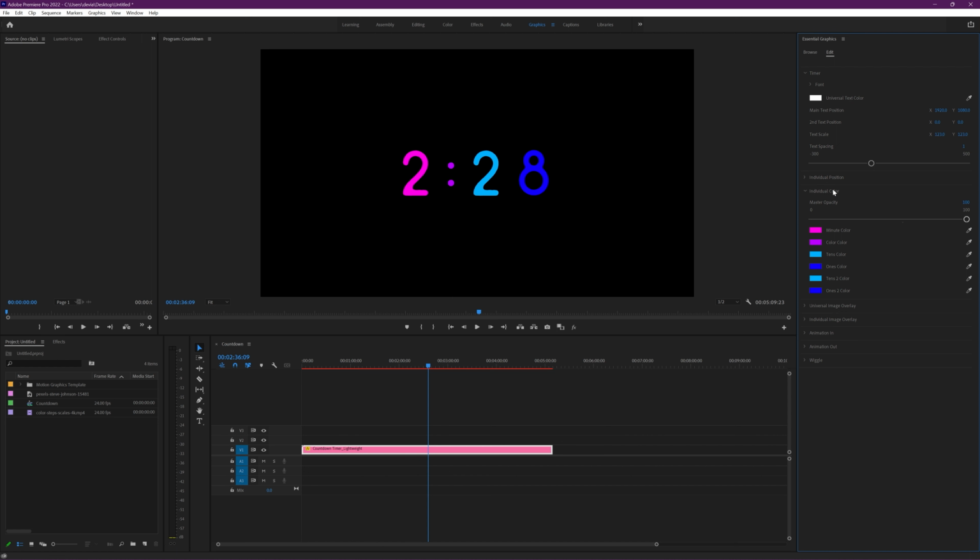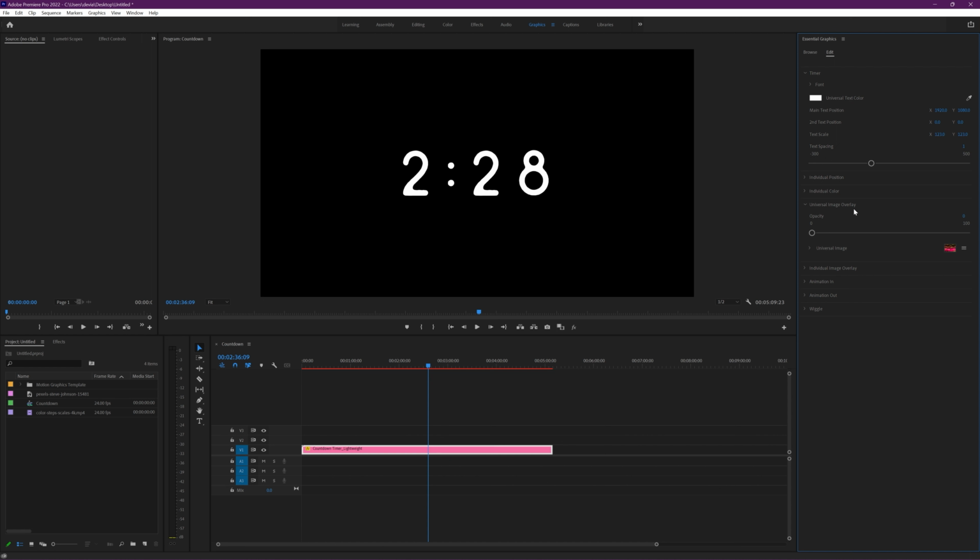As I briefly mentioned, this individual color will override any other universal text color or any of these image overlays that are available if you have it at 100%. But if you have it anywhere in between, you're going to get some different blending, which can give you some interesting looks. Okay, so let's turn this back down to 0, close that up, and we'll go to the image